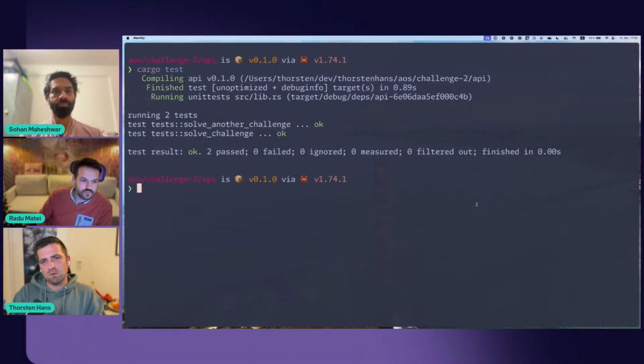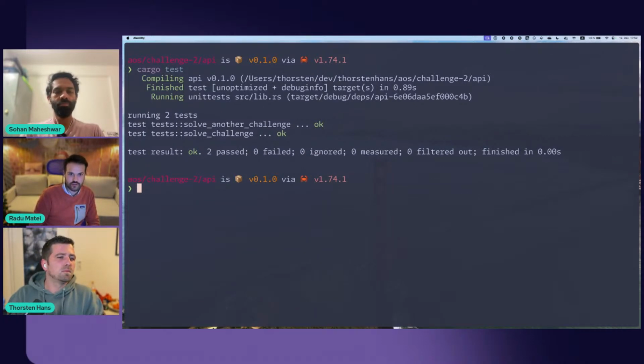Yeah, but then I had to provide the target architecture again to spin test, right? No, to cargo test. Cargo test just executes, because there's nothing WASM specific in your tests. It literally just tests logic that is compilable to your current target. Yeah, that's right. All right, so both tests are green.